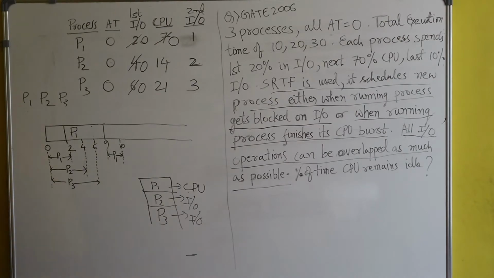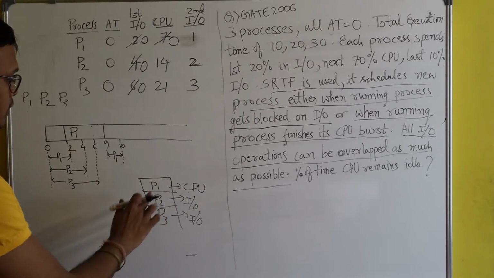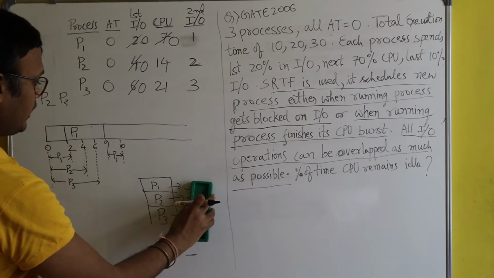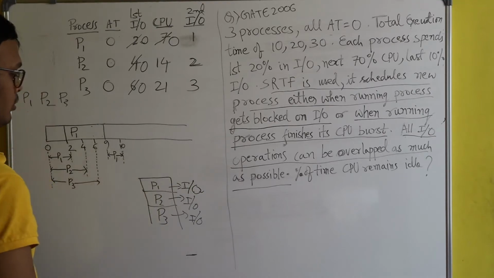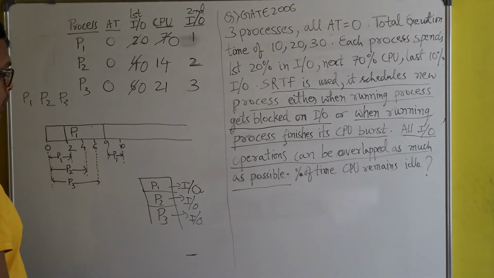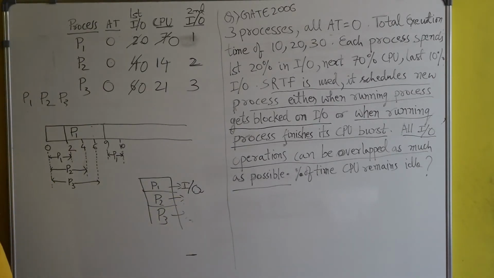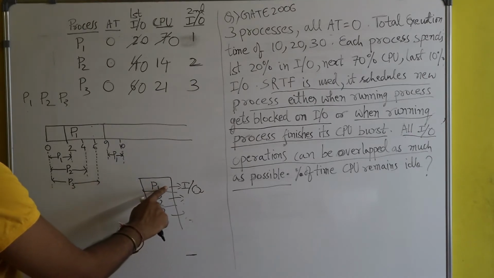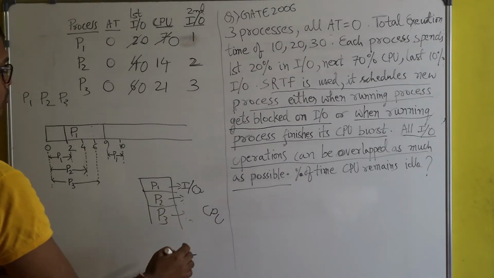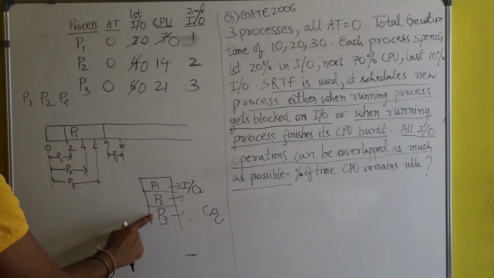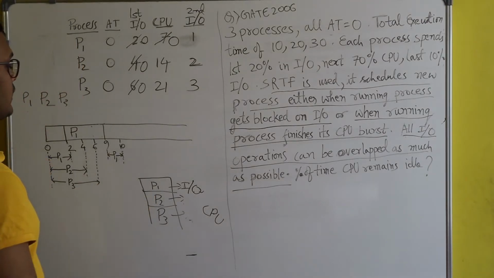So now just see here. After the completion of its IO, process P1 again needs CPU. So here I will write IO. Process P1 is blocked now. And since P2 and P3 have completed their first IO, remove IO from here. And now, since process P1 is blocked, the CPU is free, and the CPU can be assigned to either P2 or P3. So to which process should the CPU be assigned?